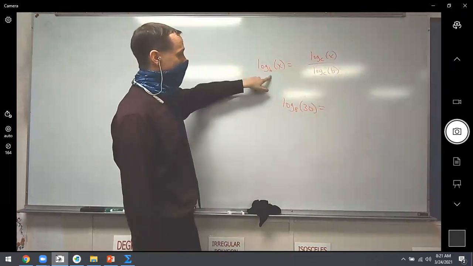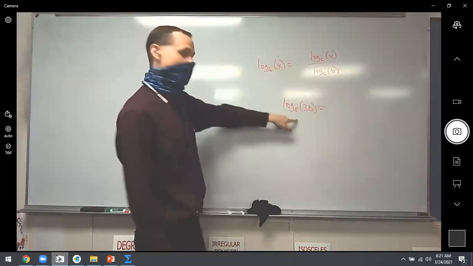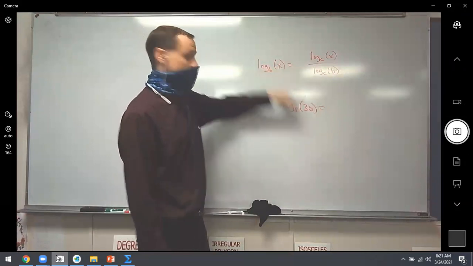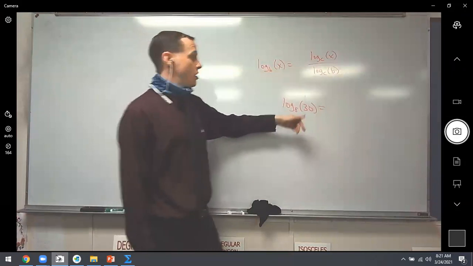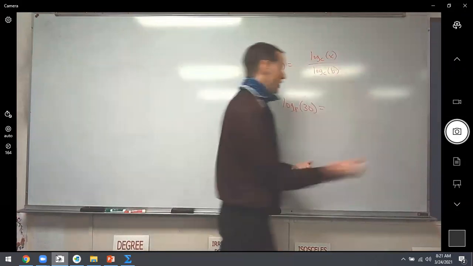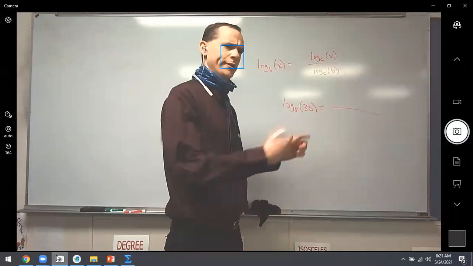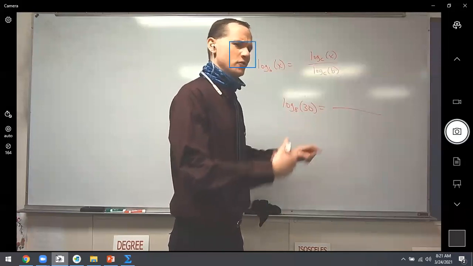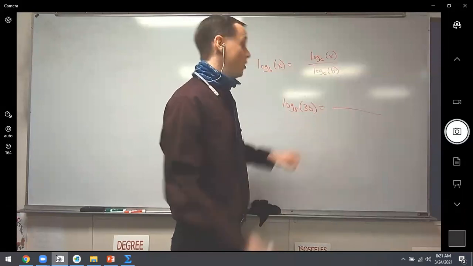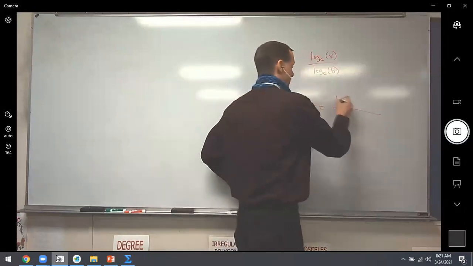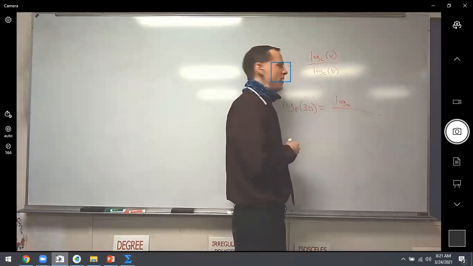So according to my formula right here, let's mash things up. The b is 8, correct? And the x is 30. So we're going to change it over to base whatever we want. We could change it to log base 7, but we don't have a log base 7 button on the front, do we? We could change it to log base 1,000 if we wanted to, but we don't have a log base 1,000 button. We want to turn it to log base 10. So I'm going to call log base 10